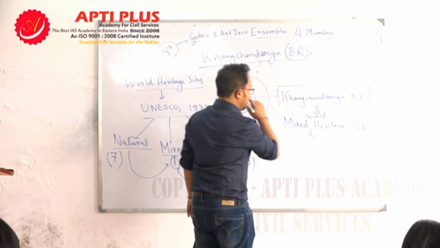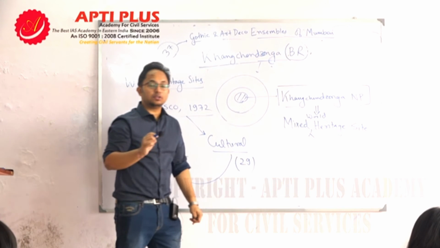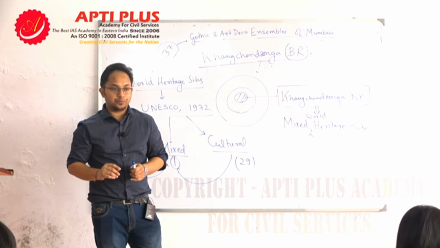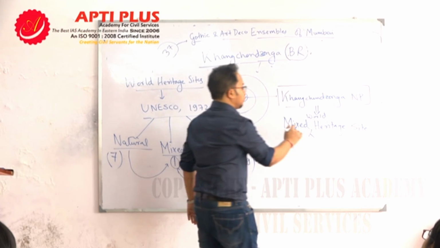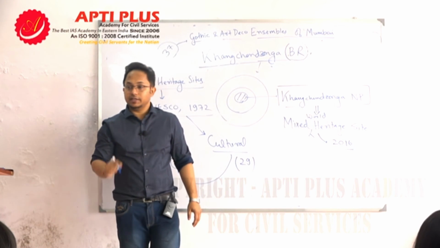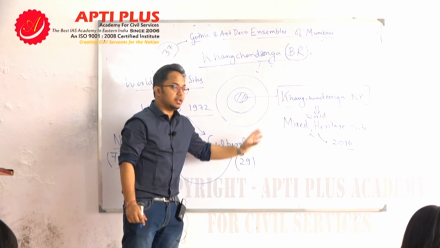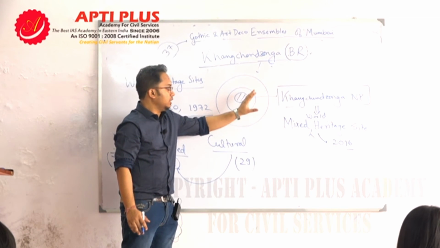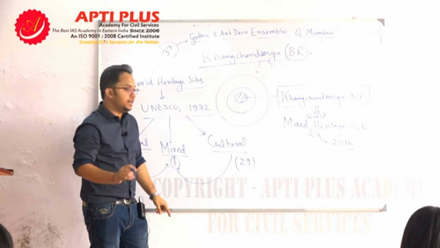ये सारे, all of these things were in the news. Now my question to you is this, कि अगर I declare a national park, तो naturally that particular area should have ecological importance, natural importance, that is understood. Question is, इसका cultural importance कहाँ से आ गया? एक चीज समझो कि ये जो World Heritage Site declare किया गया था, that was done in the year 2016, कि mixed World Heritage Site इसको declare किया गया था. Question is, where did this cultural aspect come into this? तो just थोड़ा सा जान के रखो कि we know that it is important from the ecological point of view, but from the cultural point of view, why it is important is because